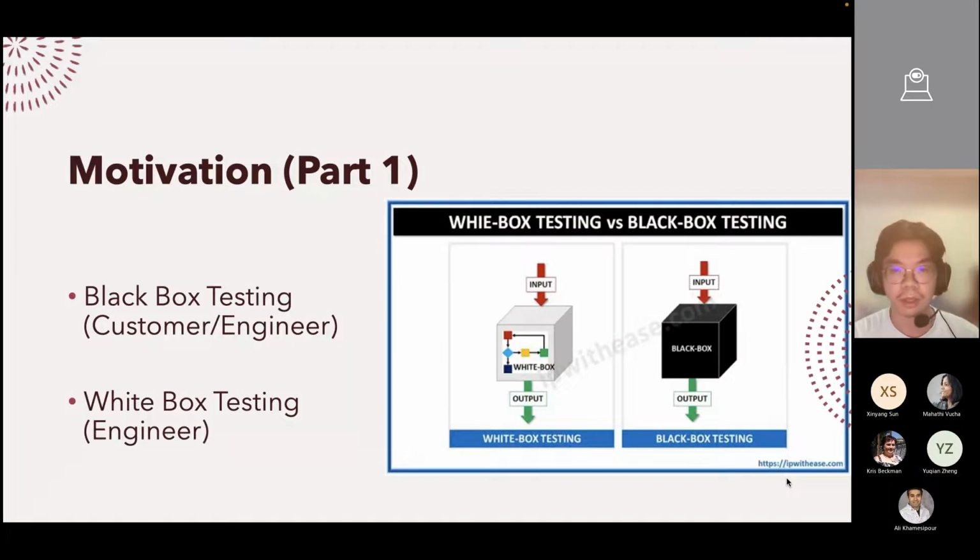And the motivation: testing can be divided into 2 parts, black box testing and white box testing. Black box testing is what customers like to use. You don't know everything about your product. You're just trying to play with it to find some bug or anything you want to know. But there are still some engineers doing it, though most is done by the customer. For white box testing, you know the function of your product, and you know something deeper about this function, and you know how to test. So this is white box testing.